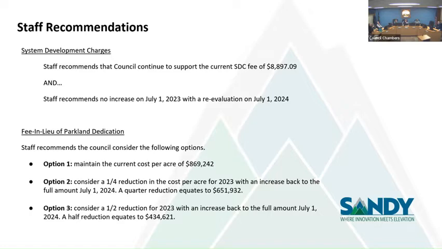Now, the reevaluation doesn't need to be on July. We don't have to wait till July 1st. Right. We can do that somewhere between. We just need all the data. I just want us to have time to have all the data to be able to do that. Rich wanted in, and then I'll go to you, Carl. Yeah, I have a question to that point. I want to make sure I understand. Are you proposing that we go back down to 2000? No, I'm suggesting that we hold. Hold. Okay.